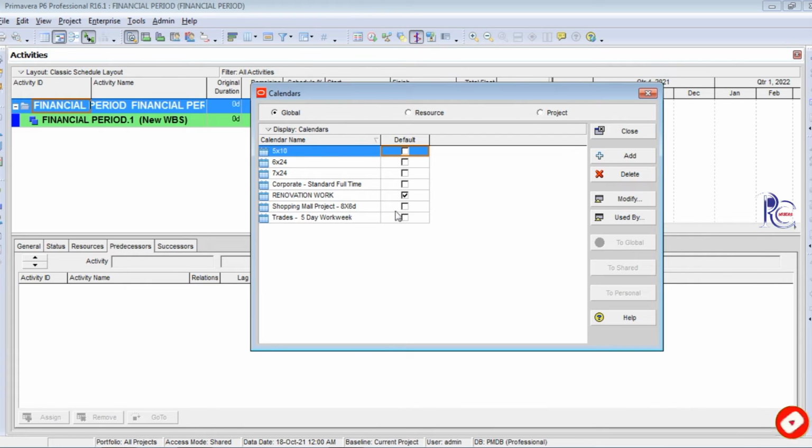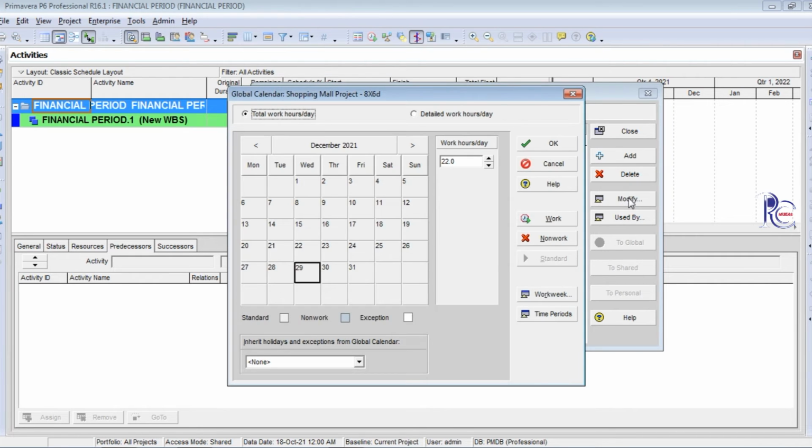I set the default type of this calendar because I use this calendar on my project. Okay, I go to modify settings, click the modify option. I use the date January 2020, Saturday as the first day.